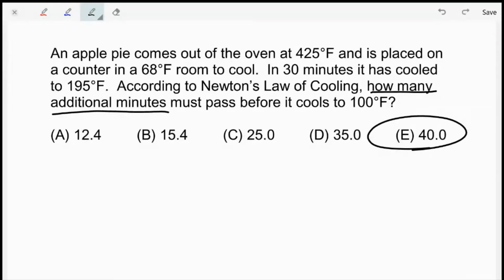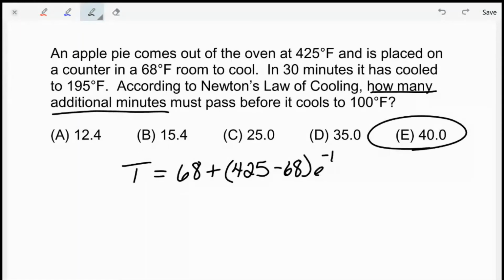But the main thing is, we're starting with kind of the same idea. My temperature is equal to, and my surrounding temperature here was 68. And my initial was, oops, I need to do a plus. My initial was 425 minus my surrounding times e to the negative kt power. So using the fact that we know in 30 minutes it's cooled to 195, we can get the K value. Turns out K is about